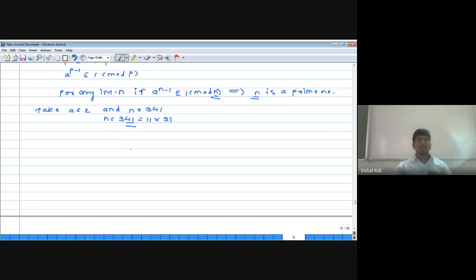Now we have to see the value of 2 to the power 10. 2 to the power 10 is nothing but the multiplication of 2 ten times, which is 1024. Now this 1024 can be written as a multiple of 31 plus some remainder. Check whether it is equal to 1024 or not. 31 into 33 is nothing but